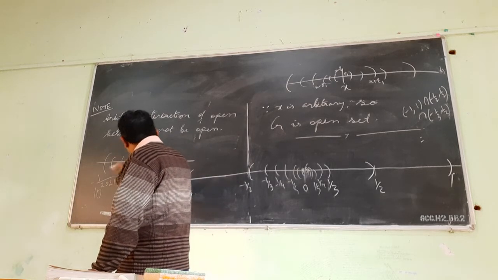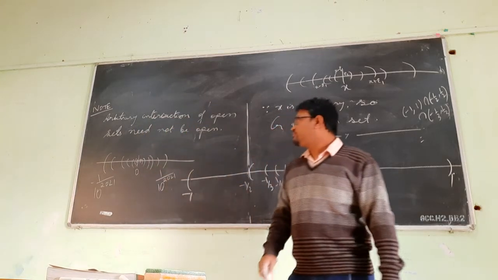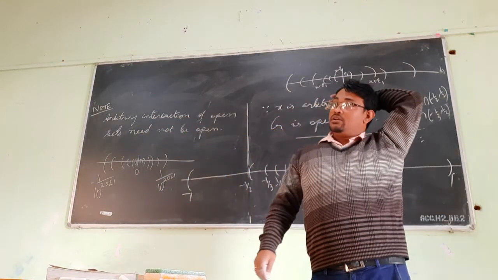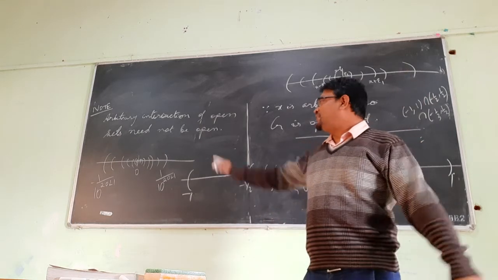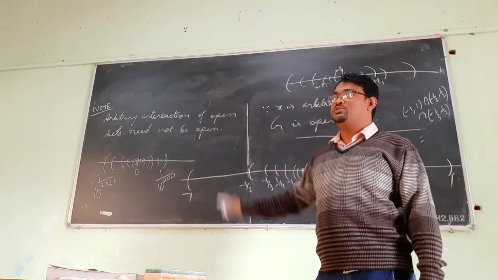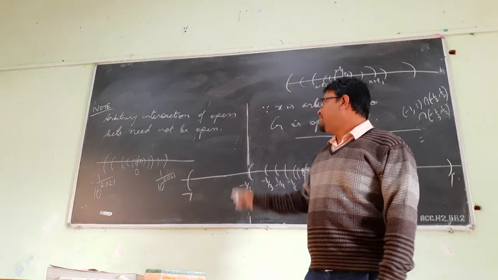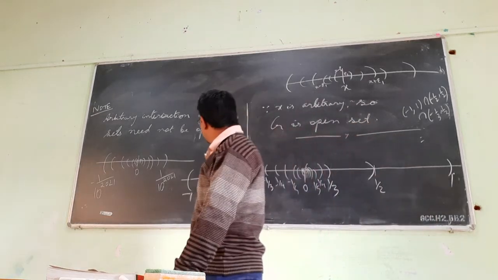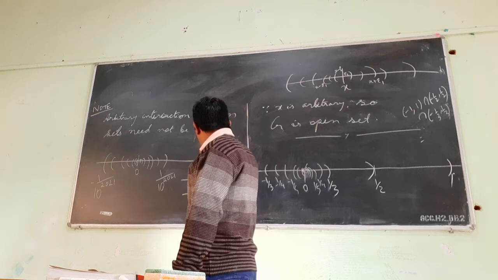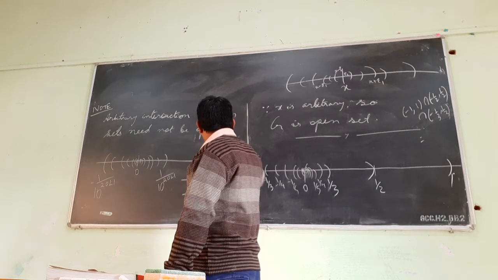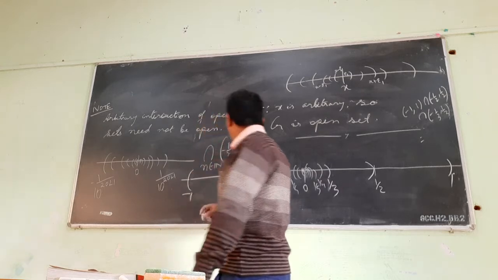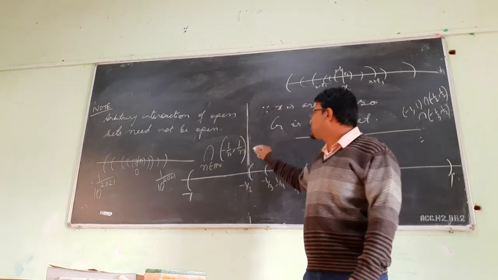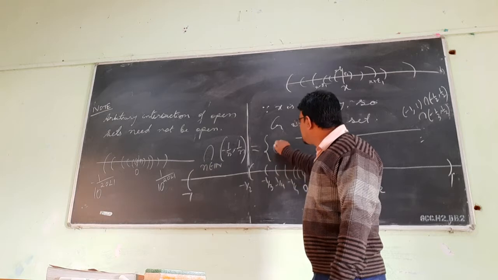Keep on taking intersection. What will be the intersection? So it seems that the intersection is 0. Okay, actually the intersection will be 0. If you take the intersection of all these sets, the intersection over n belonging to the natural numbers of (minus 1 by n, 1 by n), then the only element which belongs to this intersection is actually 0